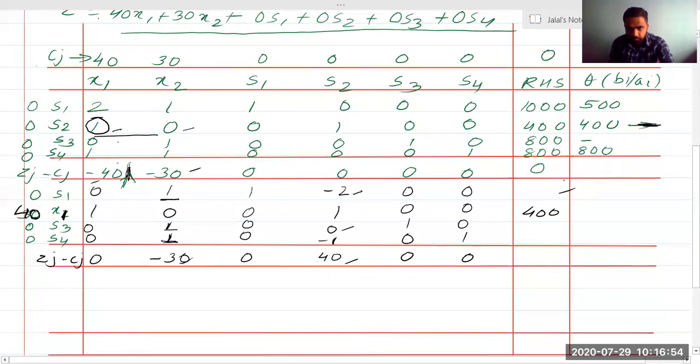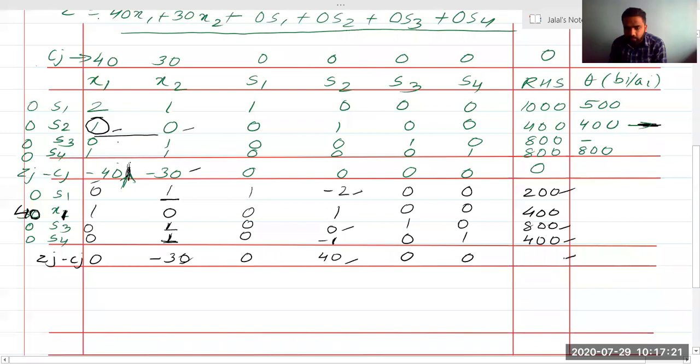So this will be how much? 1000 into 1, minus 400 into 2. So what will remain is 200 divided by 1, which will be 200 only. If we need to find this, it will be 1 into 800 minus 0 into 400. So 800 by 1 will again be 800. Now the last value we will get here is 800 minus 400. So 400 divided by 1 will be 400.